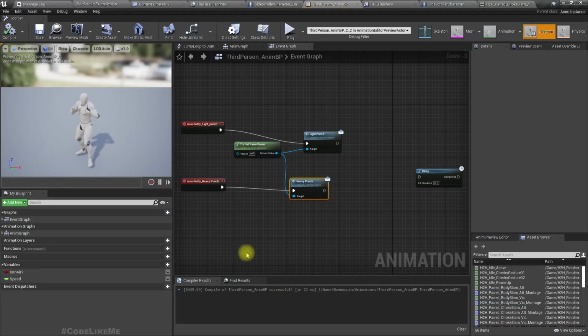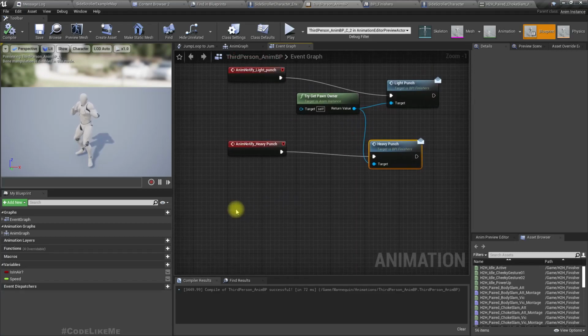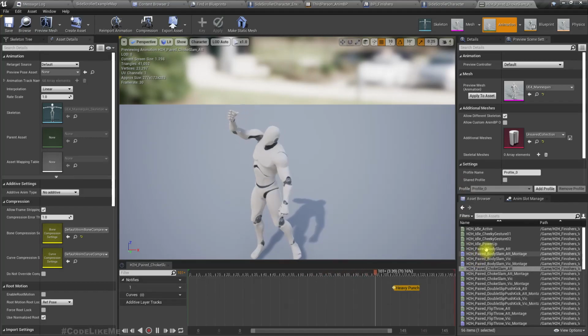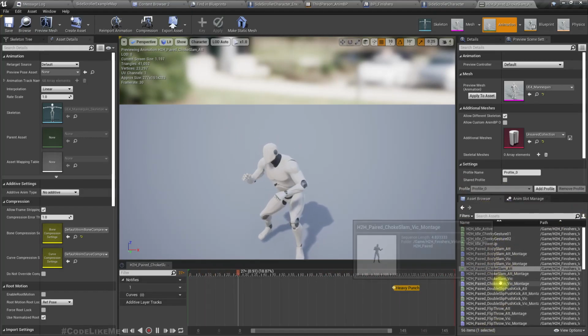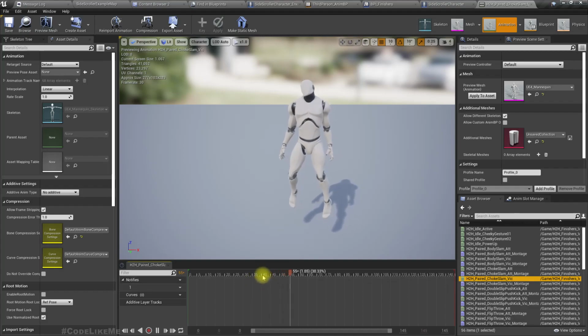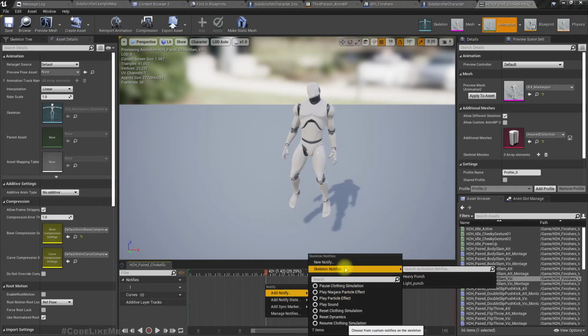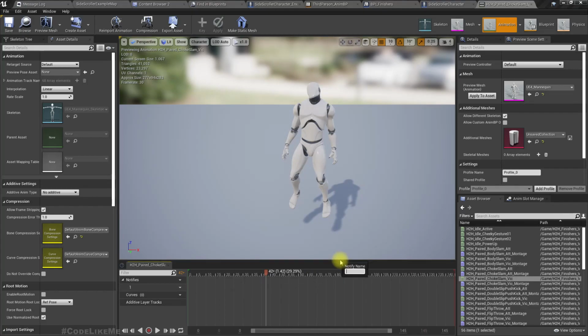So for that, I need to add another type of event notifier. Okay, here, let's call this notifier